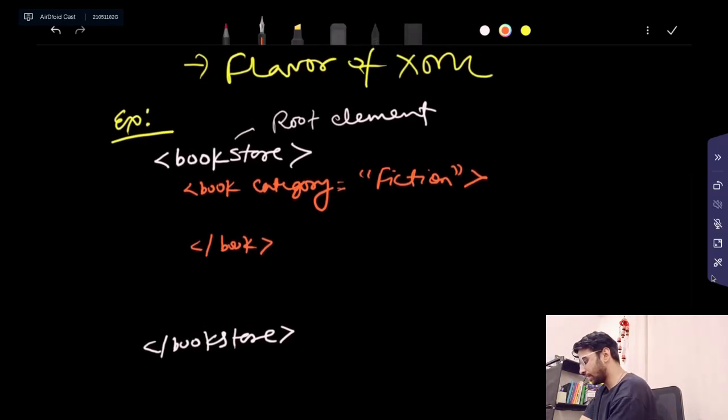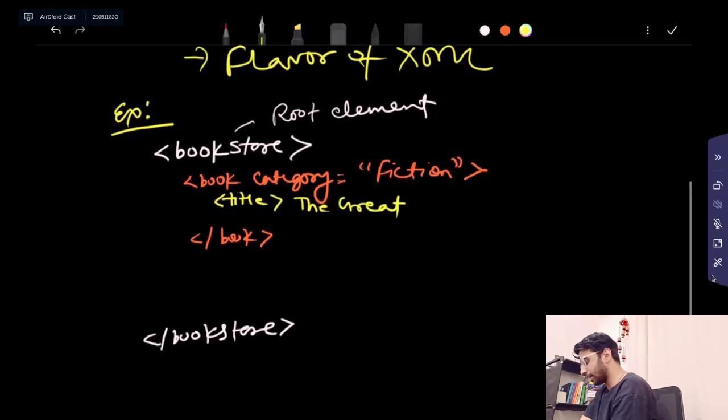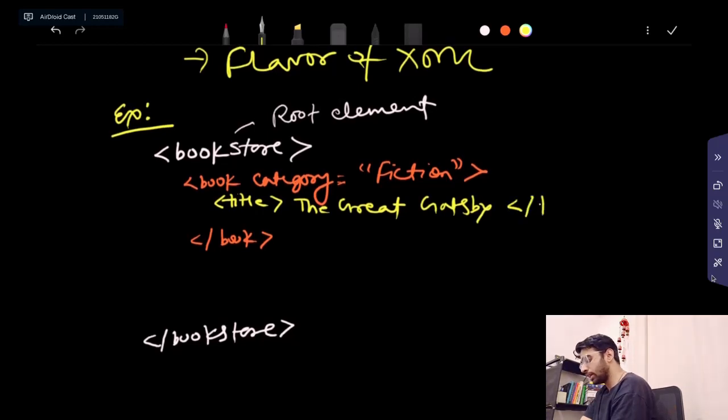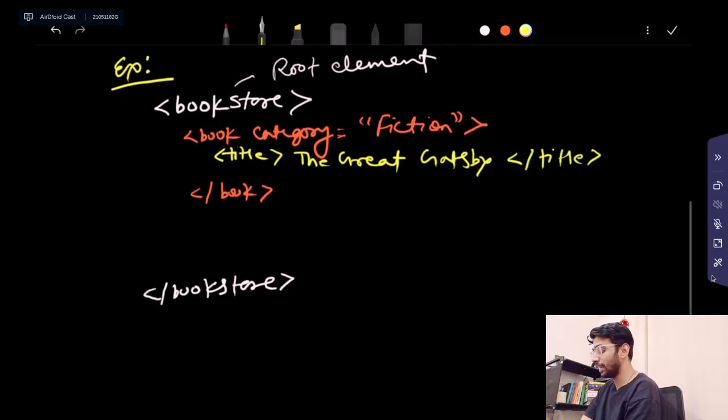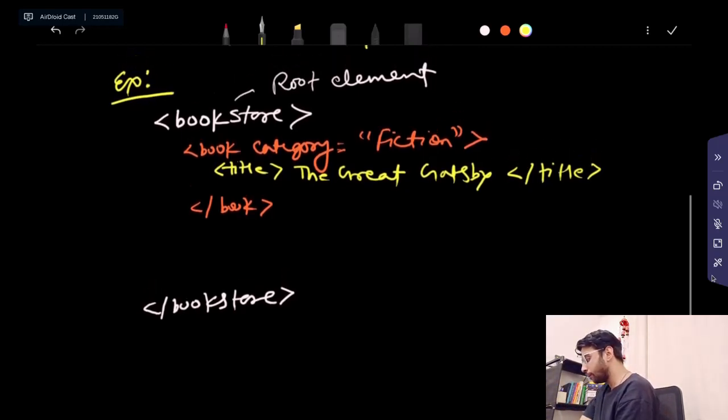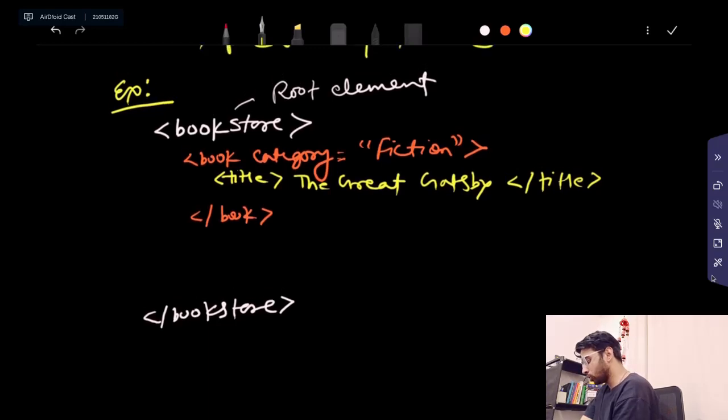Now let's have a single title for now, which we'll call a child. For example, if this is the title of this book, let's call it The Great Gatsby or something like that. I'll explain that when I'm writing the specification for my LLM, which is the OpenAI API, or OpenAI GPT-3 in this case. So title The Great Gatsby, and let's have an author. I think it's Scott F or something, just for now, and let's close this author.